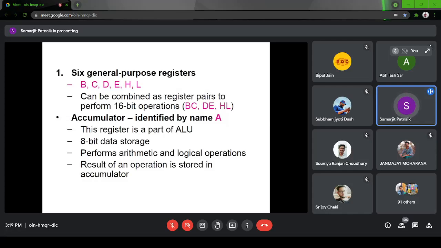This register is part of the ALU and all these registers are 8-bit. Apart from general purpose register usage, the accumulator can also do arithmetic and logic operations. Also, most important, all the results will be stored in the accumulator. If we do addition, multiplication, any kind of operation, the final result will be stored in the accumulator, or register A.